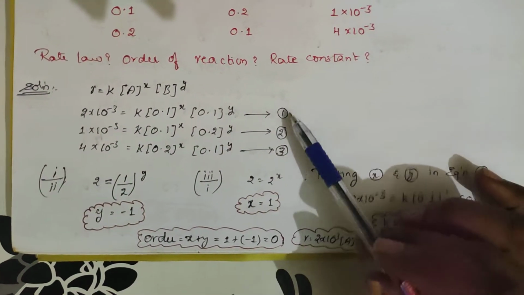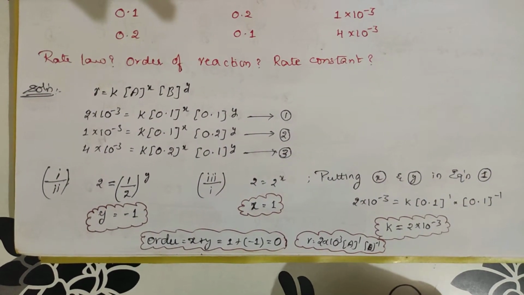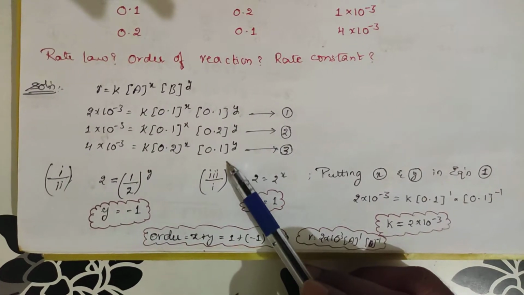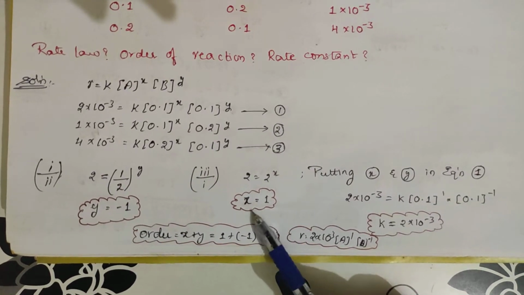So while taking any two equations, one component among either concentration of B or concentration of C should be cancelled. So when you take third and first, the Y concentration term, that is B concentration term, will be cancelled. And A you will be finding out like X. So X value will be getting it as 1.